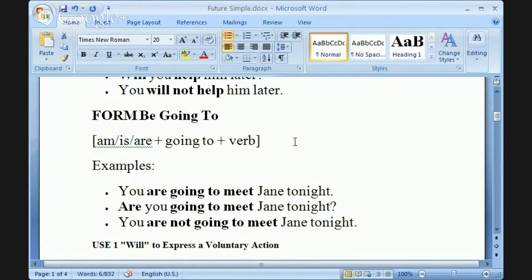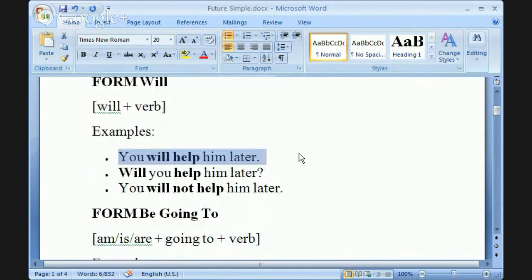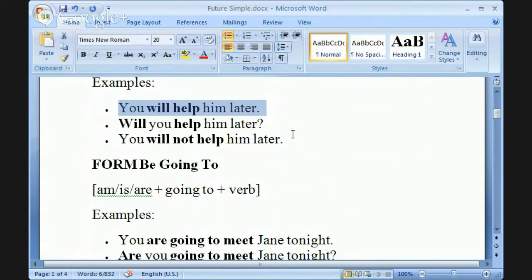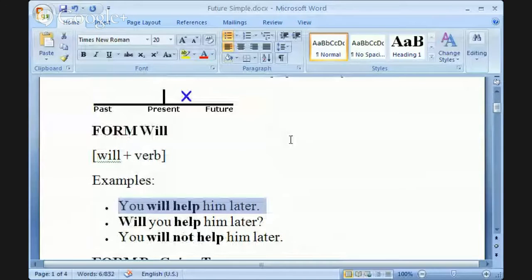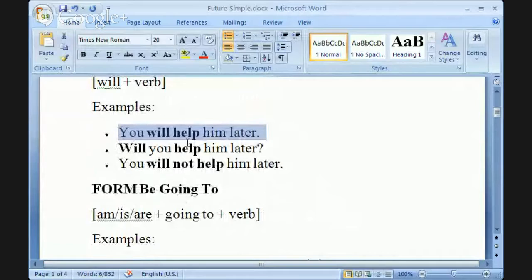In the future simple tense, we're generally going to use will or going to. Today we're going to practice predictions. So in the area of using future tenses for predictions, either of these verb forms is perfectly okay. We're going to use will